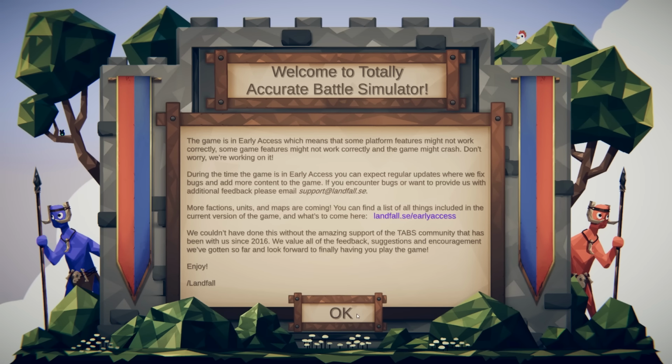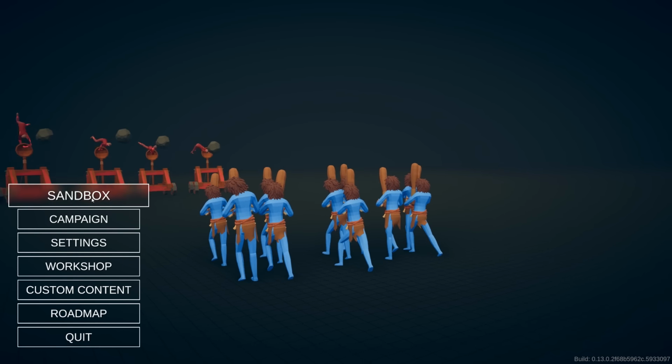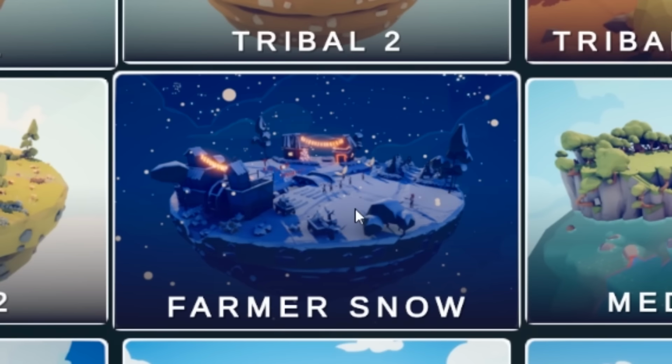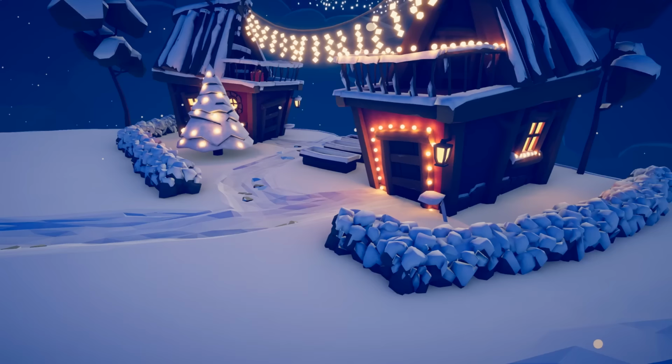It's December 7th, but as far as I'm concerned, it's Christmas. Why? Because look in the bottom right, it's build 0.13, which means there's new stuff in here. So let's just take a look at the maps and oh, look at this. It's Farmer Snow. We've got a Christmas map, and generally speaking, if there's new maps, usually there's secret